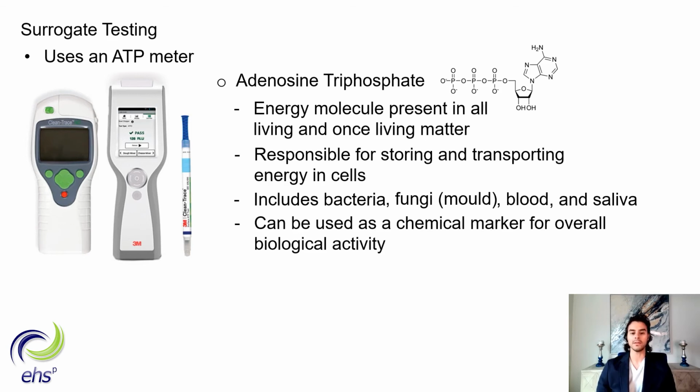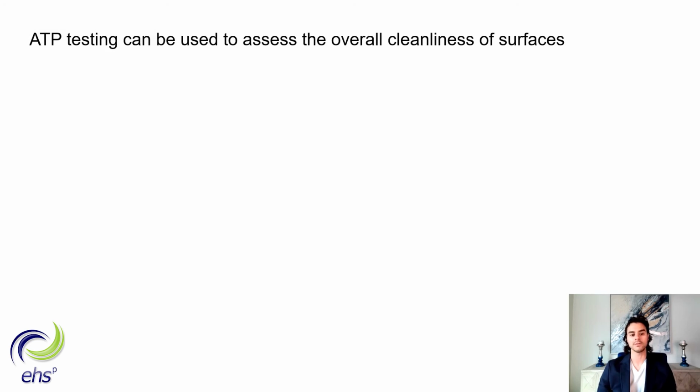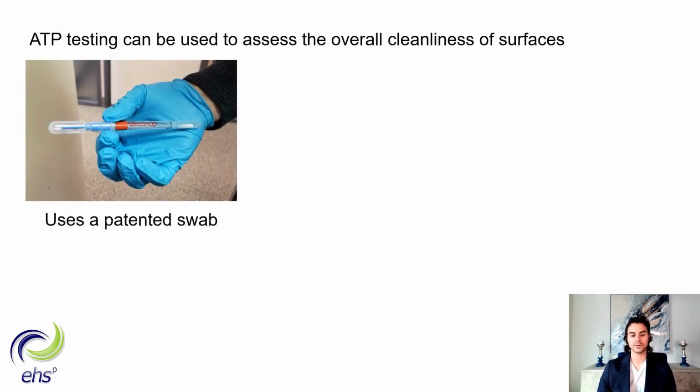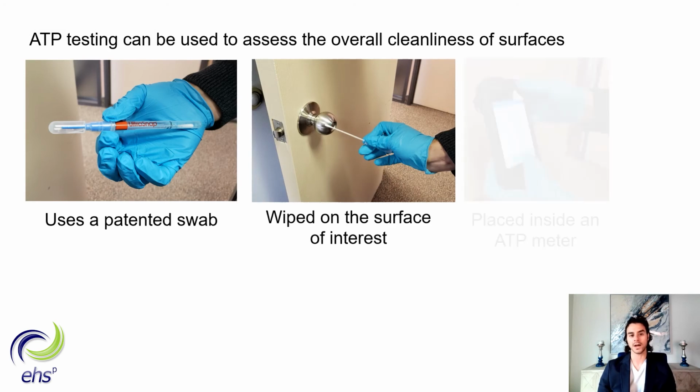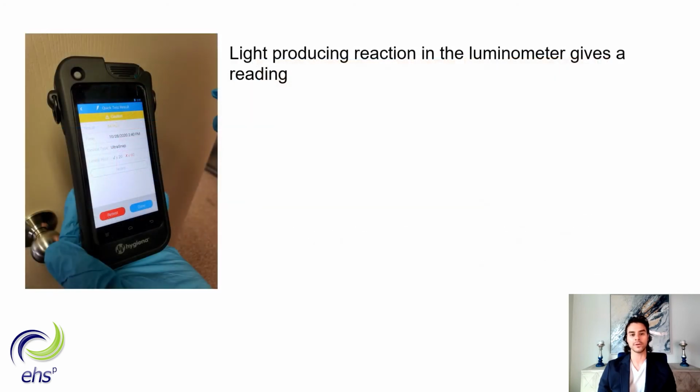One thing about the ATP testing is that it does not specifically measure viruses. ATP testing can be used to measure the overall cleanliness of a surface. It essentially uses a patented swab that wipes the surface of interest and then is placed inside this ATP meter that has a luminometer. The light producing action that occurs inside the luminometer gives you a reading that is in